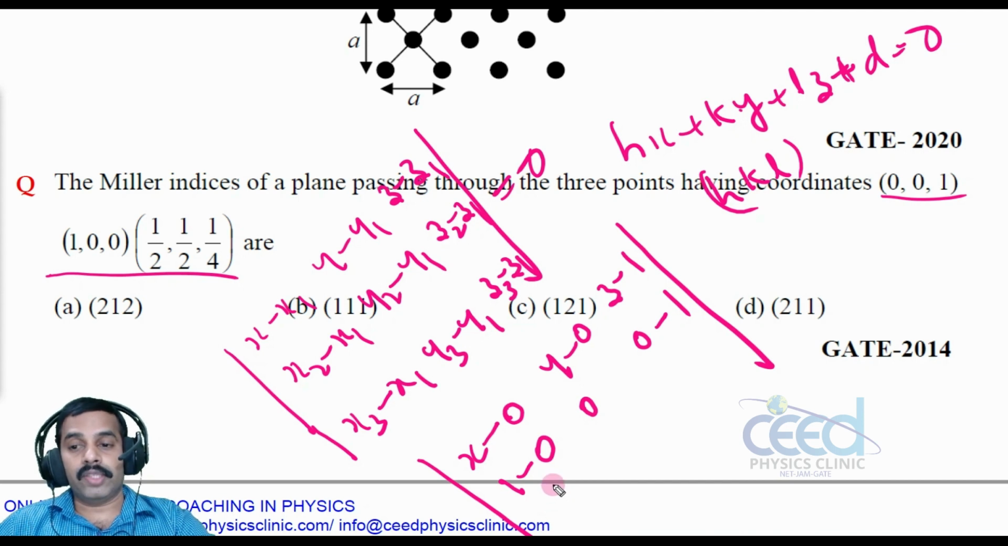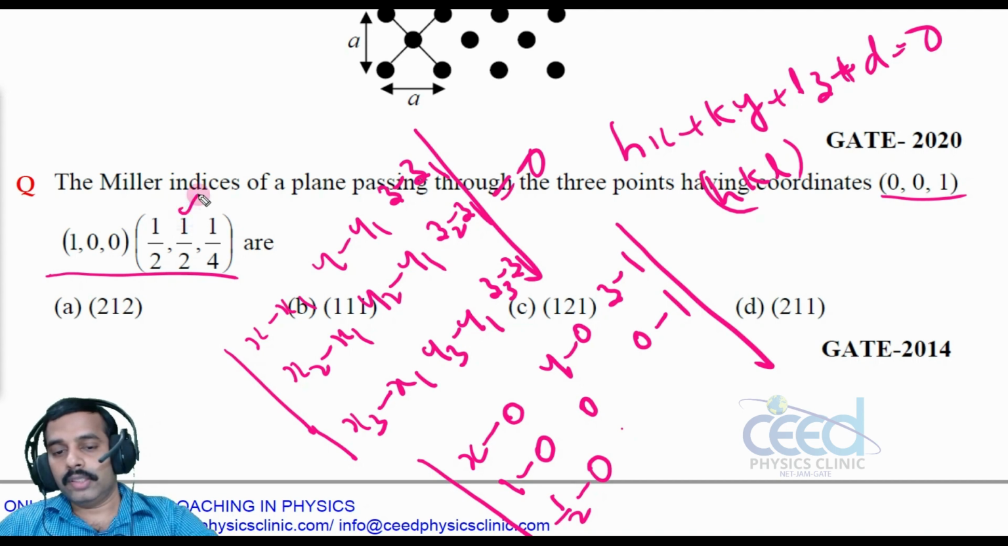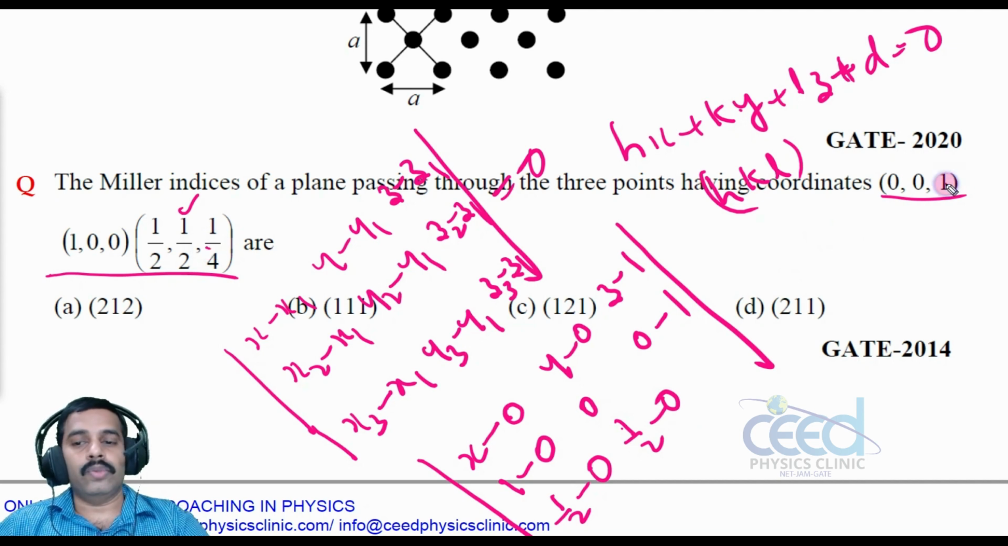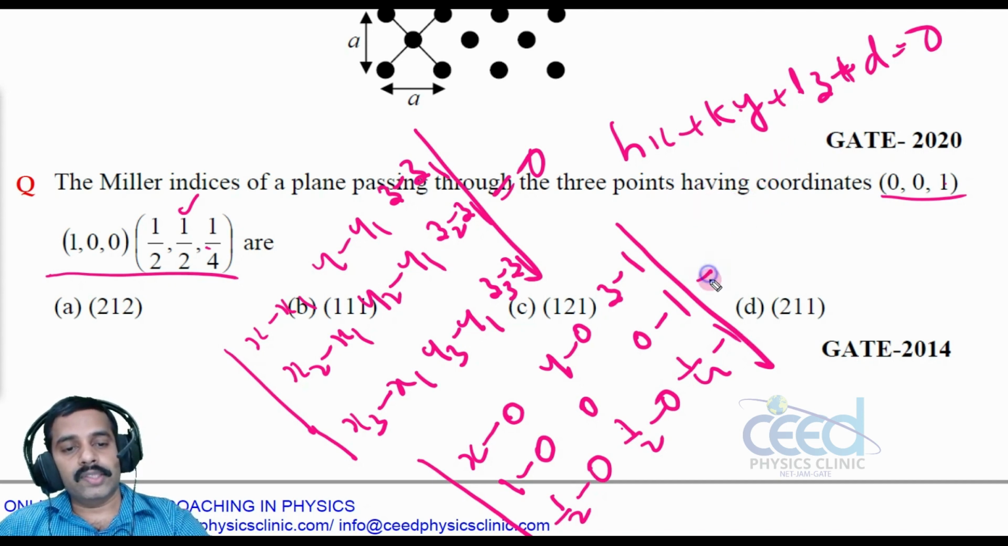x2 minus x1, that is 1 by 2 minus 0, and then y3 minus y1, that is 1 by 2 minus 0 again, and z3 minus z1, that is 1 by 4 minus 1. Now let us expand this. So that is equal to x into 1 by 4 minus 1, that is minus 3 by 4, plus 1 by 2, minus y into,